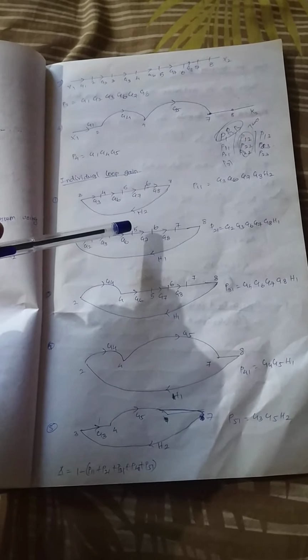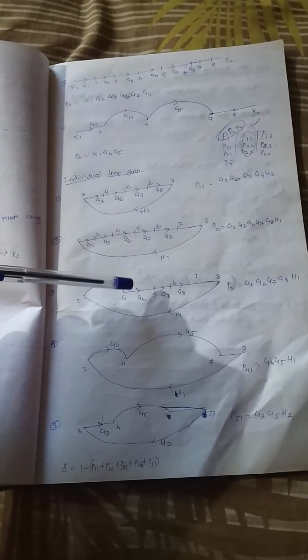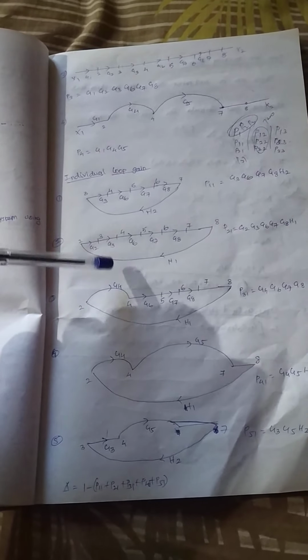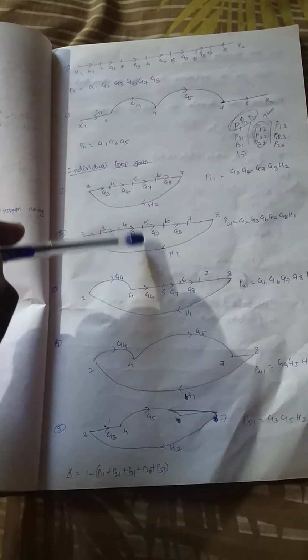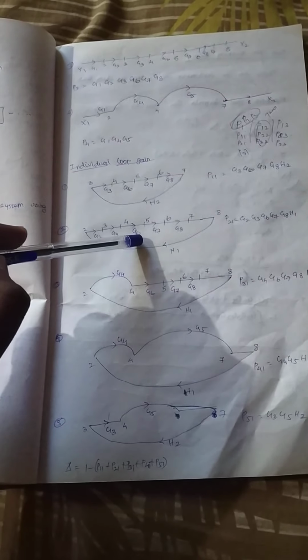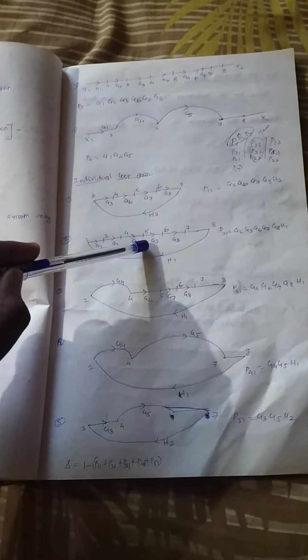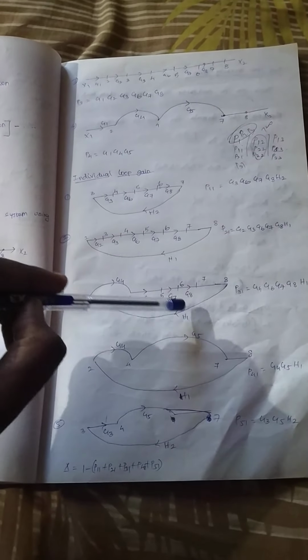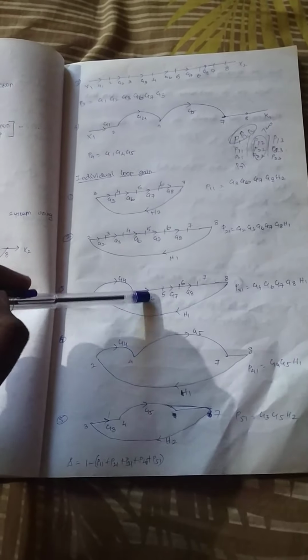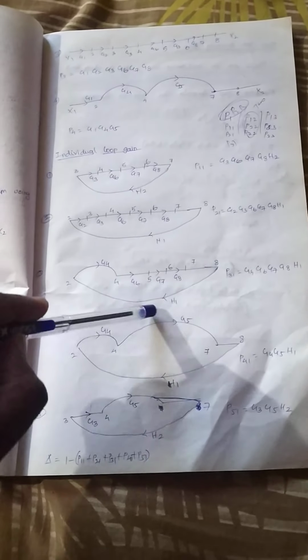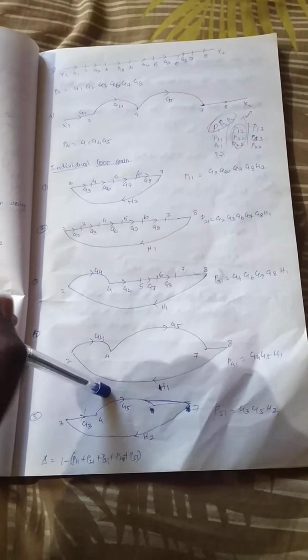So here we are going to check what possibilities are available for two non-touching loops. The first one is 3 4 5 6 7, and compared to the second one 3 4 5 6, the same nodes are available, so there is no possibility for non-touching. And compared to this, 6 7 6 7 6 7 are available, so there is no possibility for non-touching. Here also we have nodes 7 and 8, 7 and 8, 7 7, so there is no possibility for non-touching. Here also 7 and 8, 7 and 7, so there is also no possibility for two non-touching. So we should write that there are no possibilities for two non-touching loops.